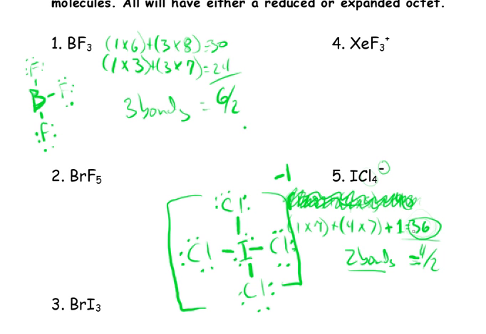So the key here, do our math to figure out the number of bonds, and if we come up with a number that we would not be able to make this compound with, we know that we're just going to ignore what we would want and just deal with the number of valence electrons we actually have. Making everything happy, and then any extra electrons go on our central atom. So the rest of them on this page would be